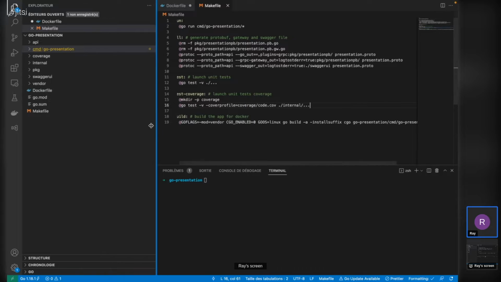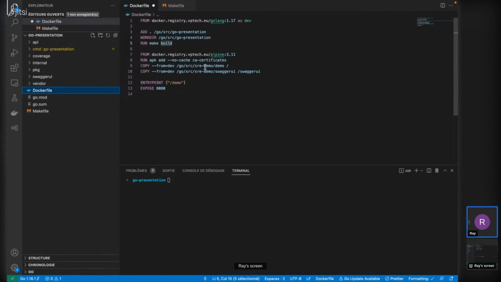And then I will go back to my Dockerfile. So the first step of my Dockerfile is just used to build my application and obtain the binary file of my application. Then in the final Docker image, which we will build using this Dockerfile, we will start with the Alpine Docker image.